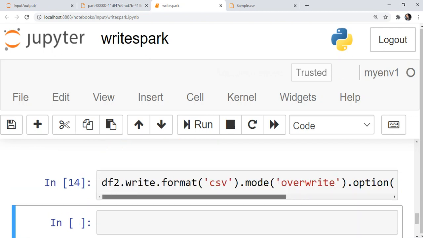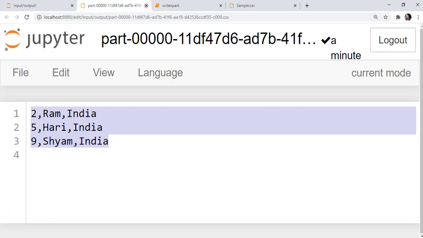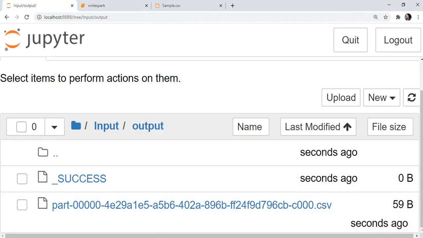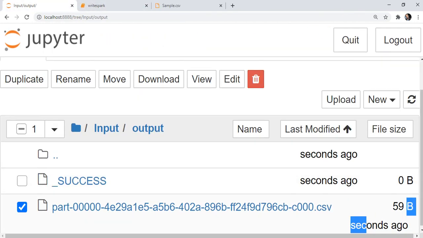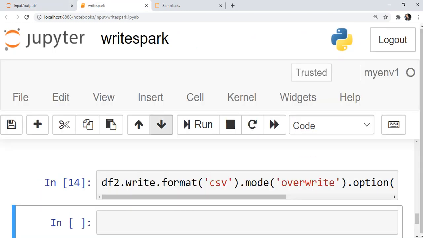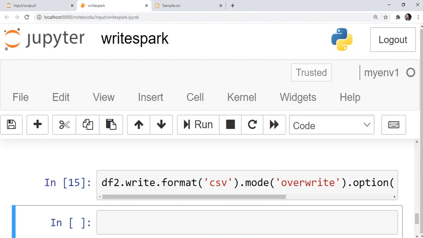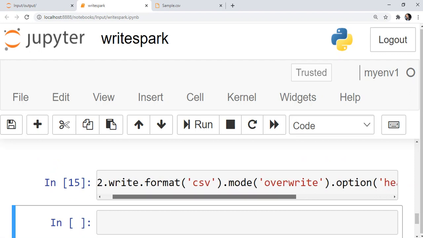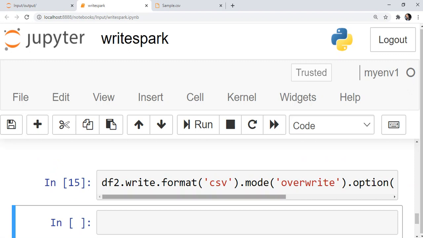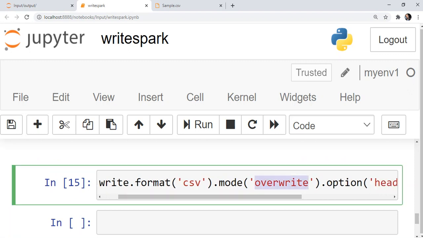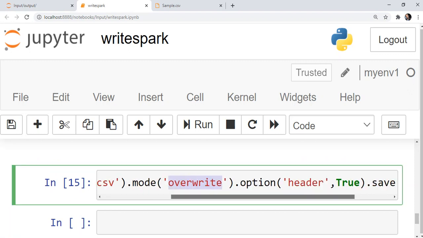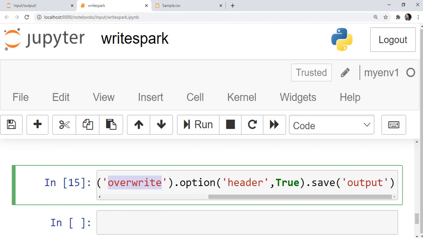Yeah, so now it will allow you to overwrite the existing data. So it's just a second cycle, so this is the recent one, and we can run it any number of times. It will just replace the same file, a complete overwrite operation, right? So this is how you can write a data frame into CSV format using the overwrite method. It will overwrite the existing one inside the same folder, whatever folder name you give.